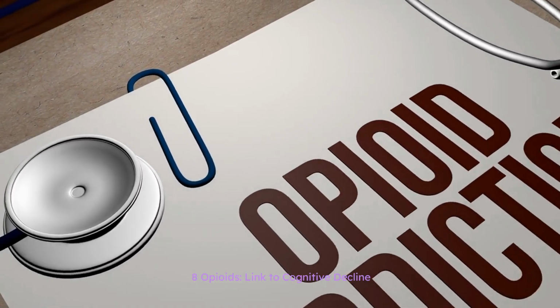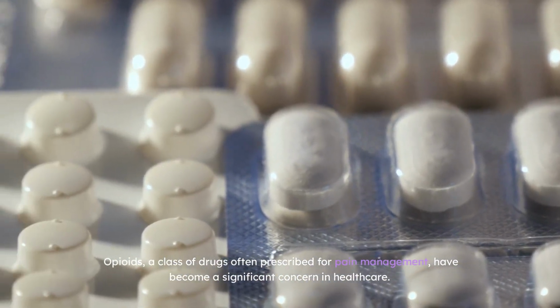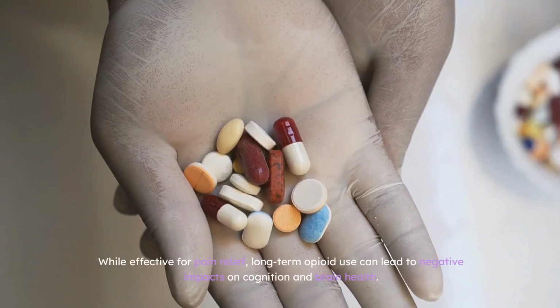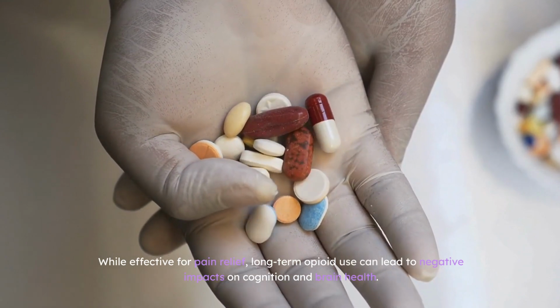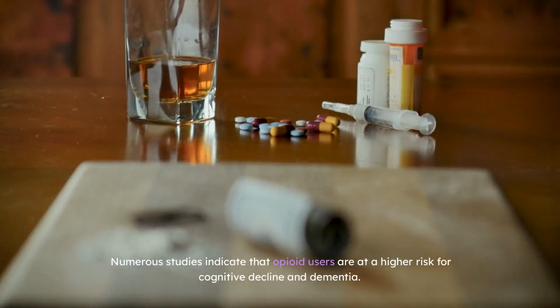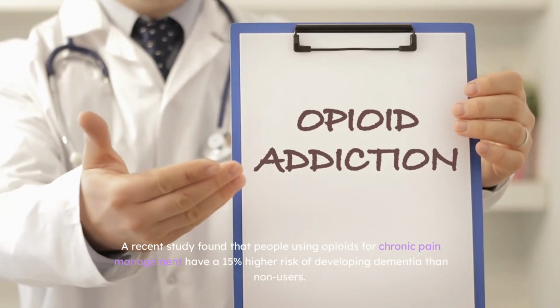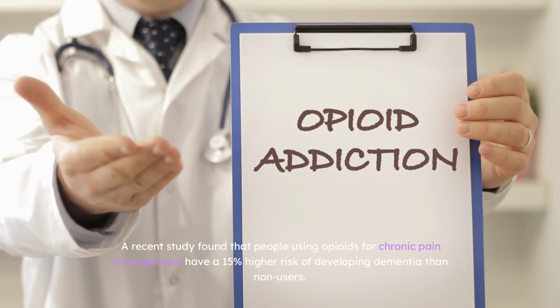8. Opioids. Linked to cognitive decline. Opioids, a class of drugs often prescribed for pain management, have become a significant concern in healthcare. While effective for pain relief, long-term opioid use can lead to negative impacts on cognition and brain health. Numerous studies indicate that opioid users are at a higher risk for cognitive decline and dementia. A recent study found that people using opioids for chronic pain management have a 15% higher risk of developing dementia